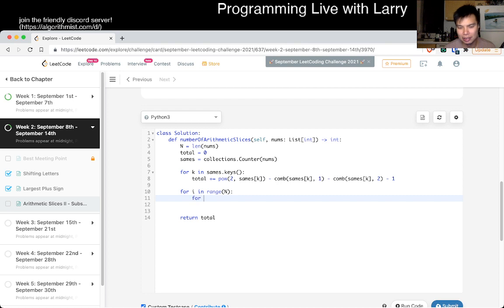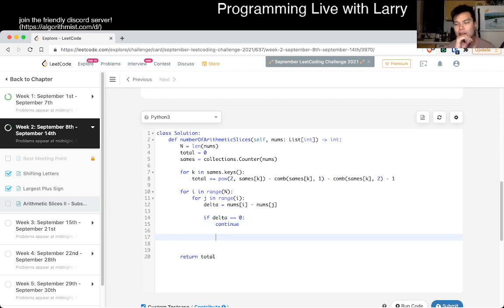Sorry, this got messy very quickly. But here we can look at this, and now delta is just equal to num sub i minus num sub j. It can go in either direction, that's fine. If delta is equal to 0, we already did it, so we'll just continue. Otherwise,